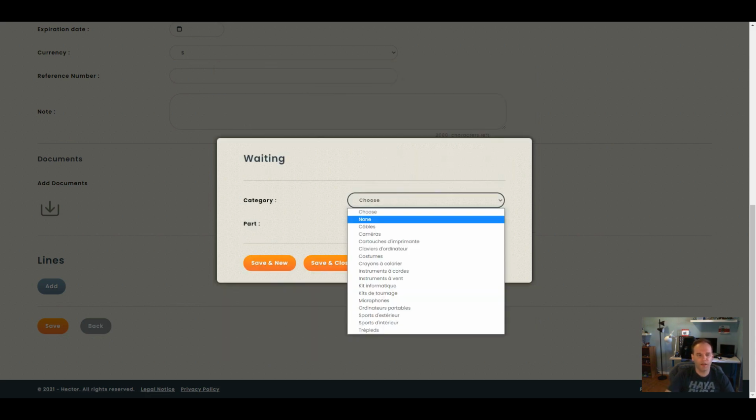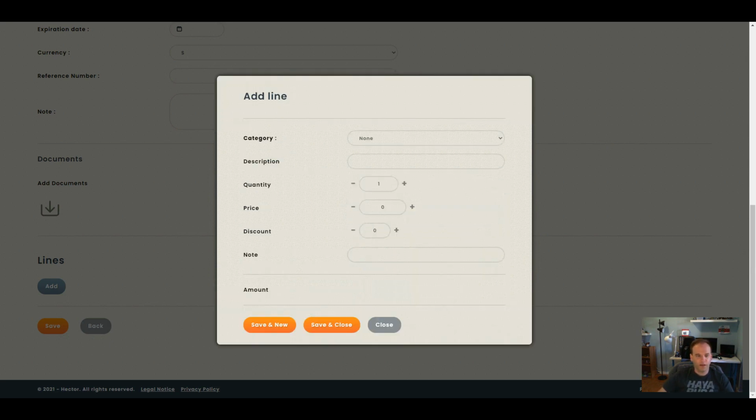Second option here is if I choose none for categories, what will happen? Well, if I choose none, the idea here is I'm able to enter any kind of line on my purchase order. It doesn't have to be a part that already exists within the Hector application. So in this case, I could be ordering hours, I could be ordering a repair job from this particular vendor, and I want to make sure that I capture that information. So I could here say repair equipment